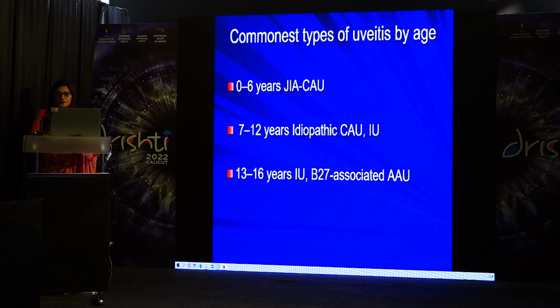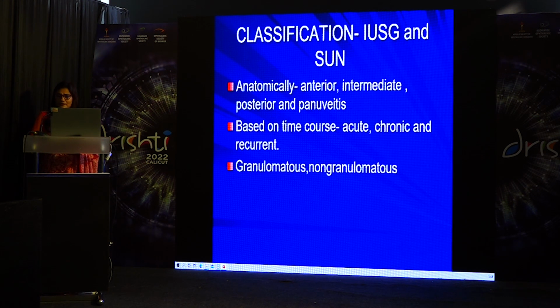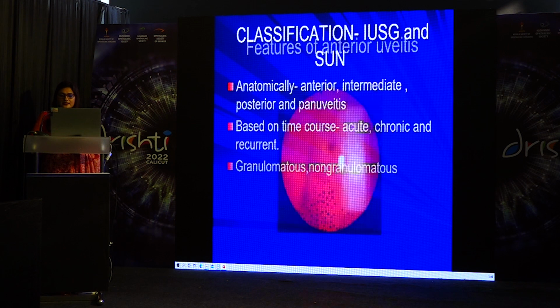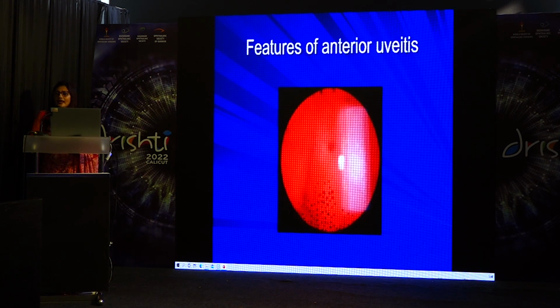The common types of uveitis by age are JIA in 0 to 6 years, idiopathic in 7 to 12 years, and B27 associated uveitis in the older age group. We use the same classification as in adults, the IUSG and SUN classification, based on anterior, intermediate, posterior, and pan uveitis anatomically, and acute, chronic, recurrent, granulomatous, and non-granulomatous. They have the same features, so we will talk about how they can present first,